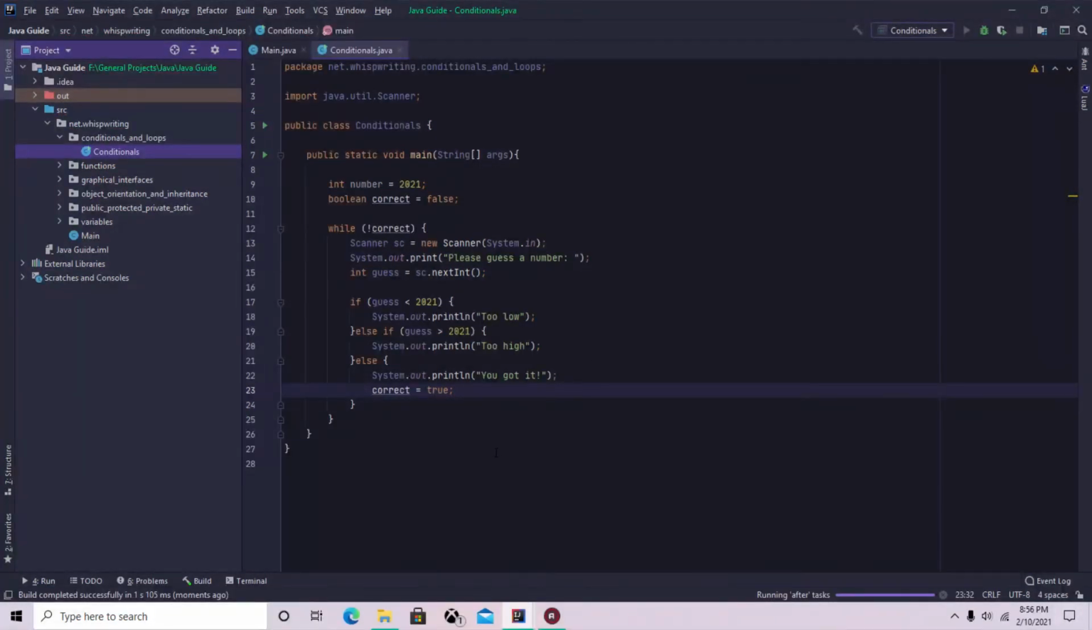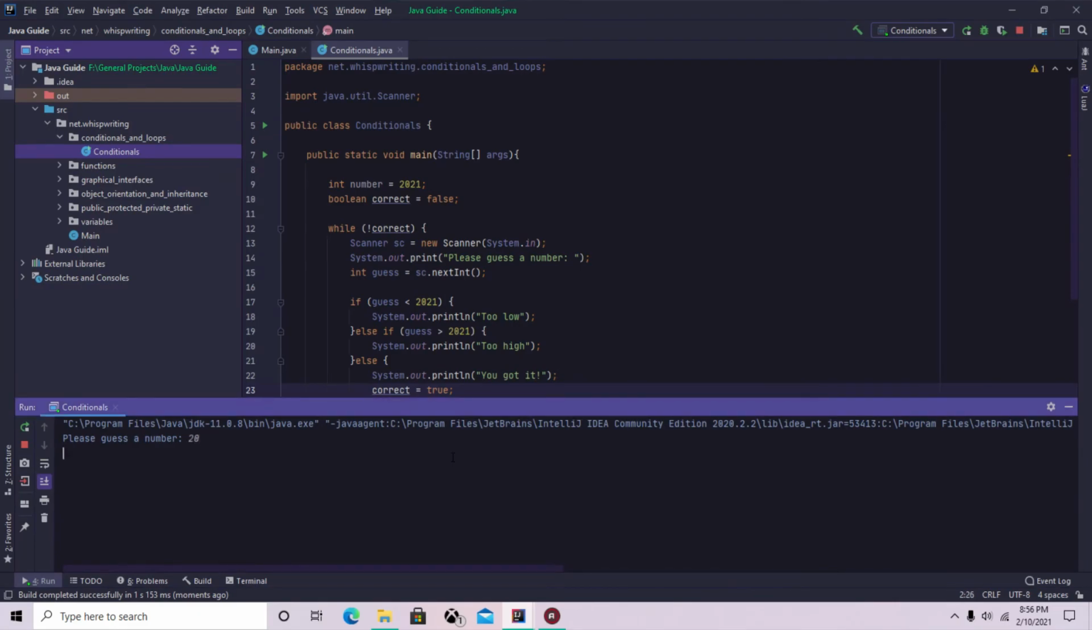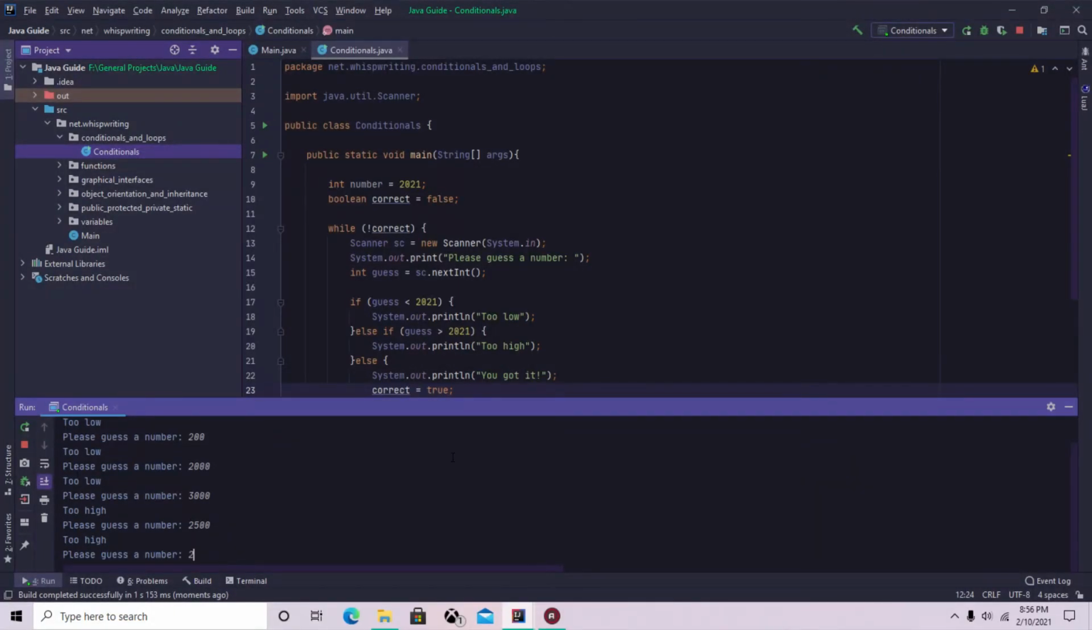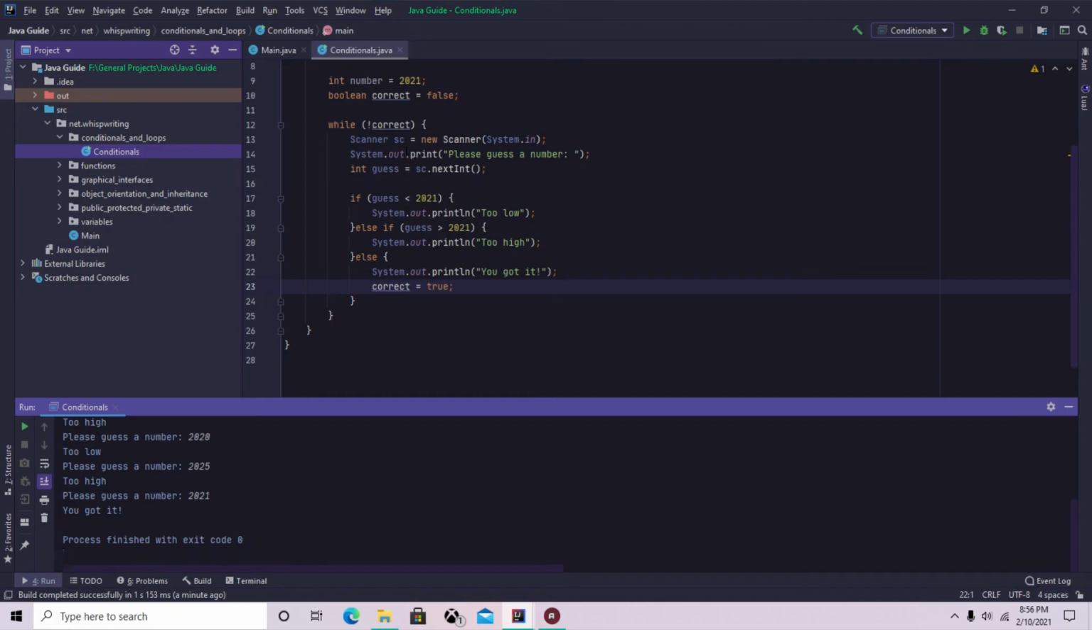So now if I run it and say I guess 20, that's too low. I guess 200, that's too low. I guess 2,000, too low. 3,000, too high. 2,500, too high. 2,100, too high. 2020, too low. 2025, too high. 2021, I've got it. Program ends. So it goes until I give it something that causes this